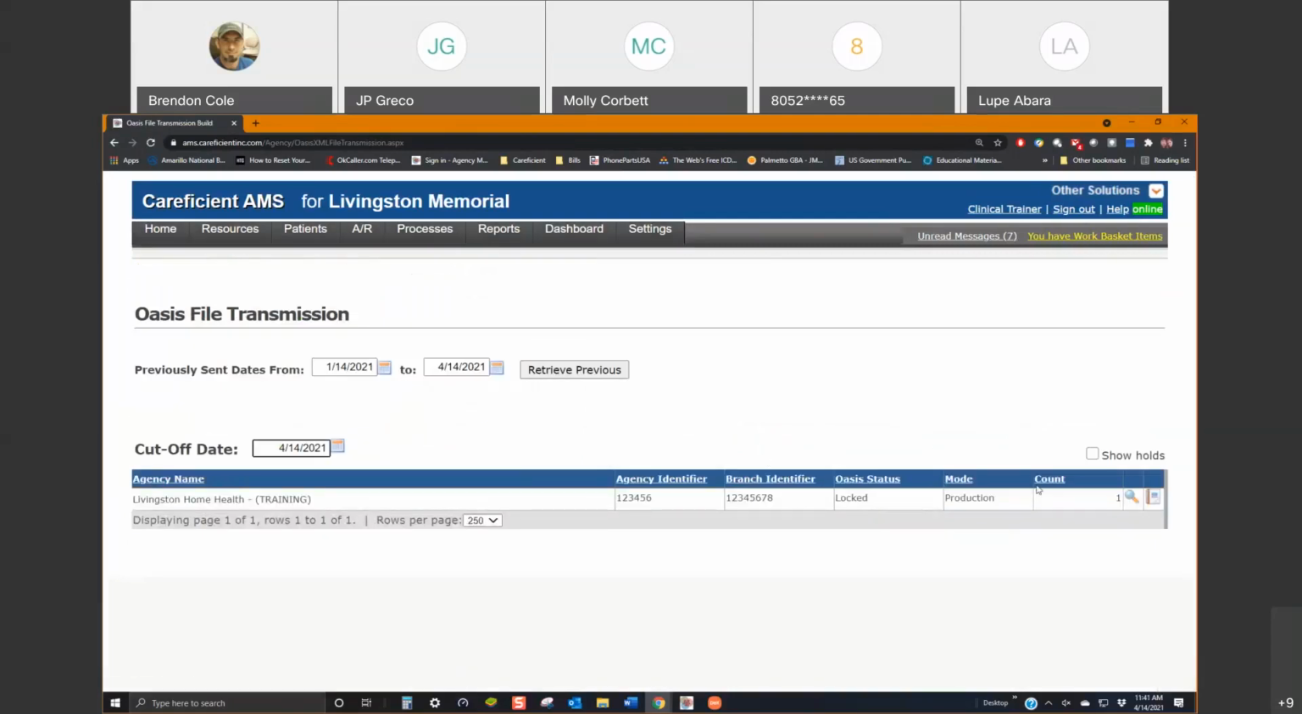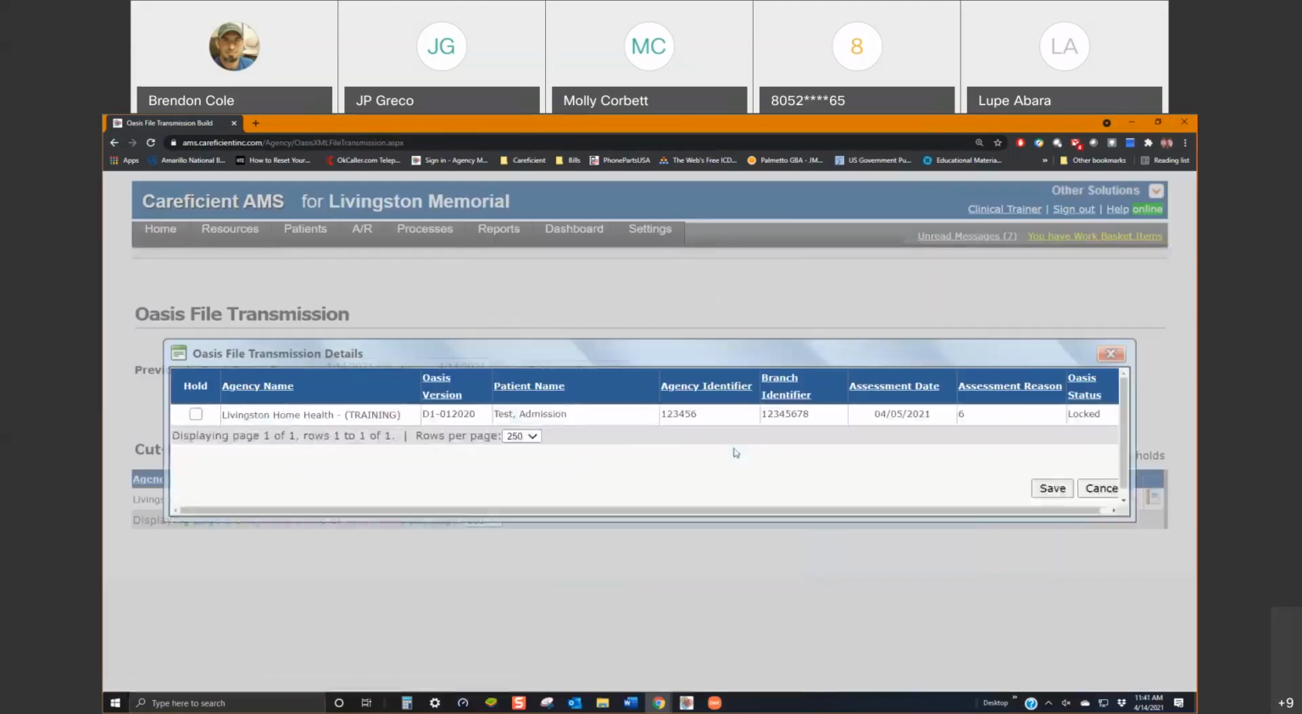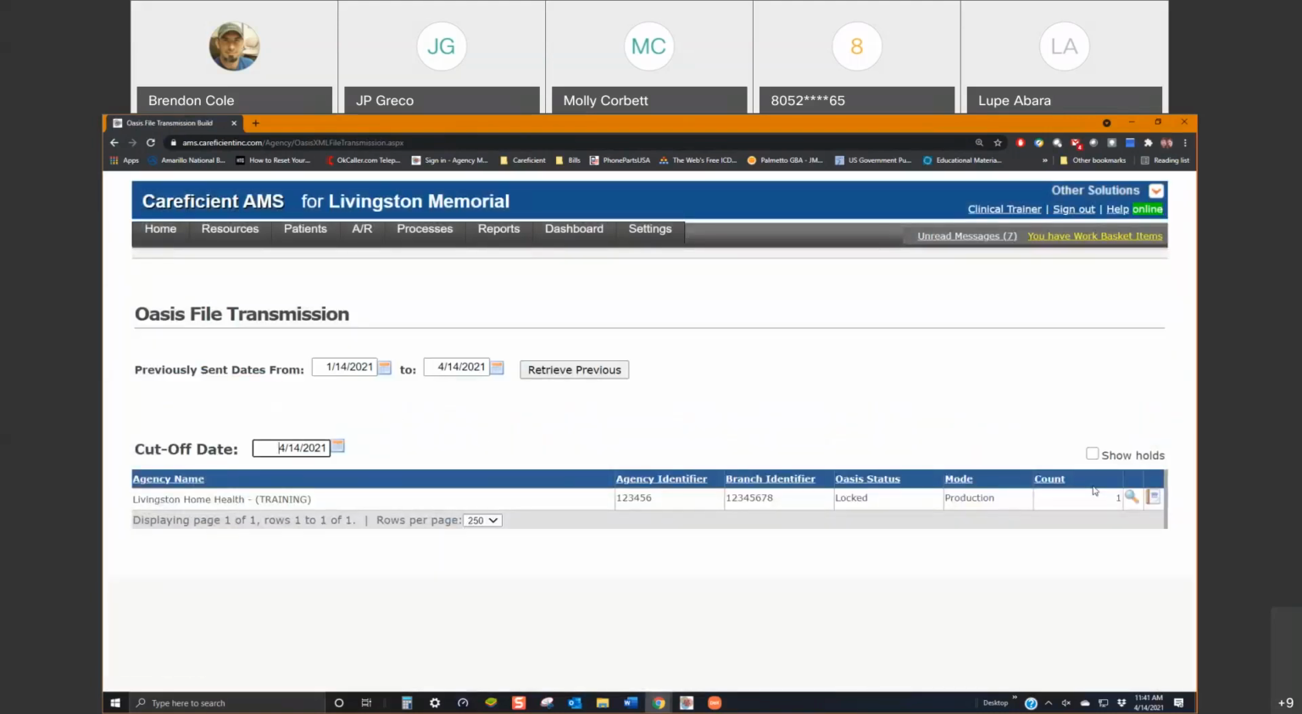Absolutely. So again, on the Oasis file build, you can click on that and see which ones are in there. If you needed to hold one temporarily, you could do that from here. There's actually another way to hold it permanently if you needed to, and I'll show you that here in a minute. But for the file build,